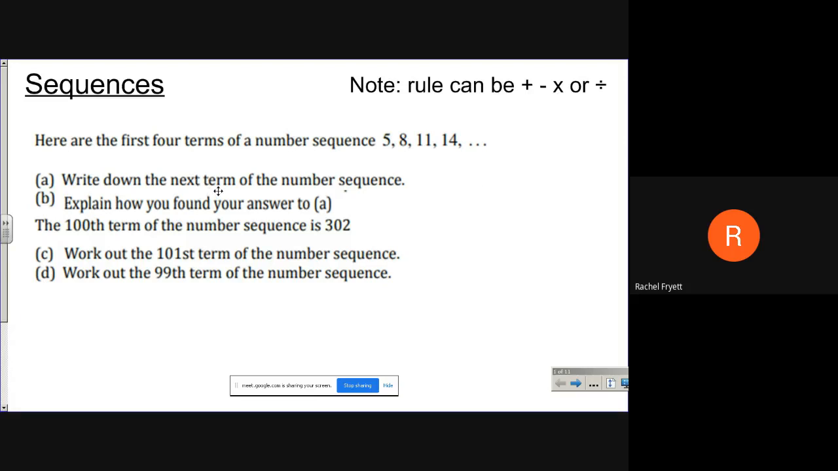So I'm just going to pause and explain this word term. The term just means the position that the number is in. So 5 is the first term, 8 is the second term, 11 is the third term, and 14 is the fourth term. So to find the fifth term, we need to see what we're doing to get from one number